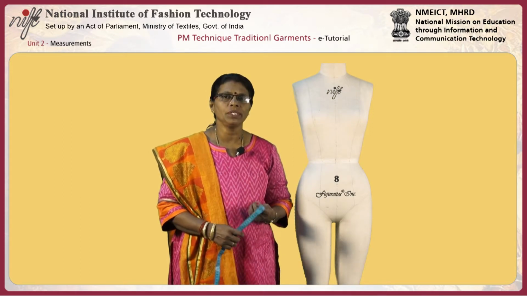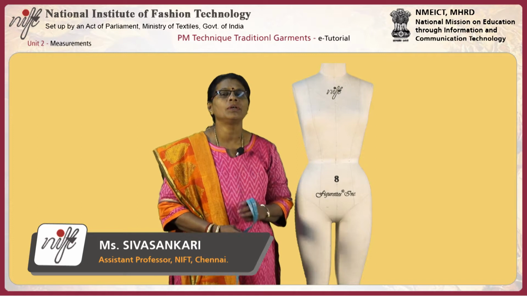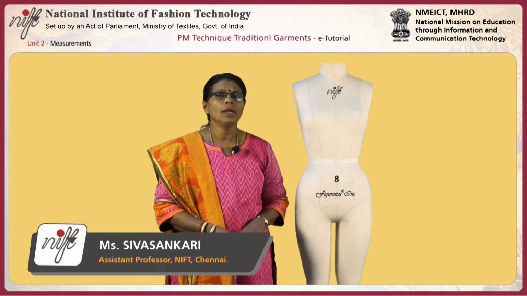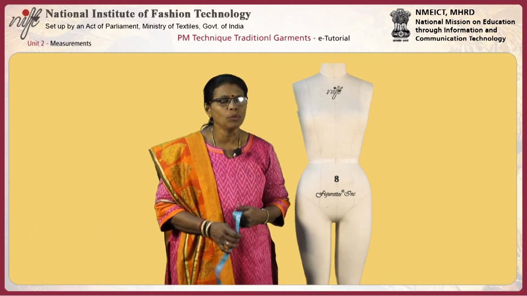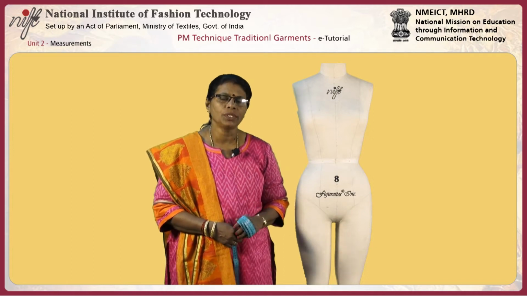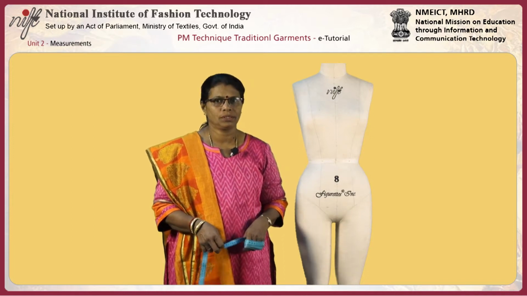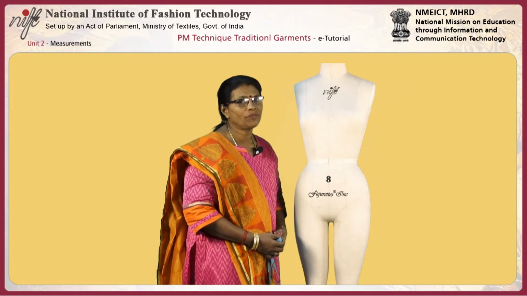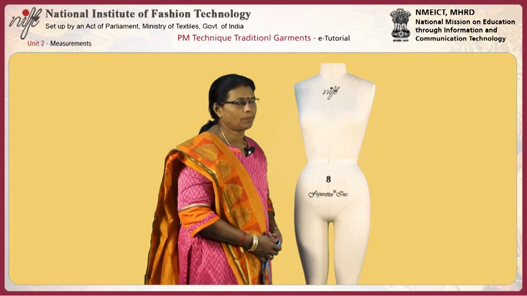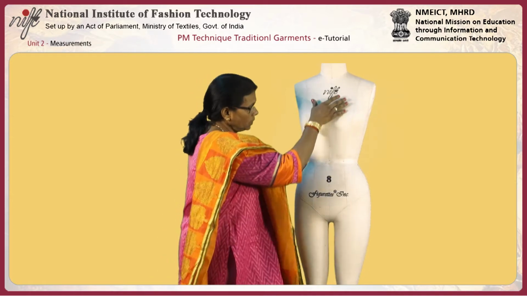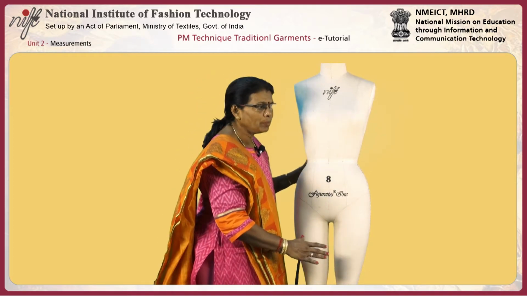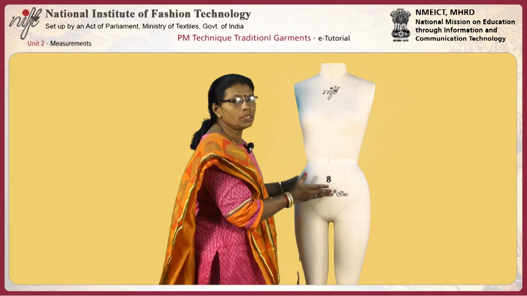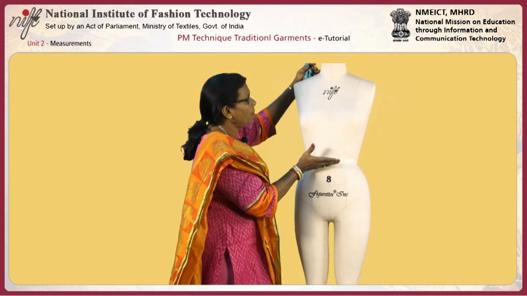is about the measurements. The measurements are very important for the garment making. Now we are going to understand about the body and body shapes to take measurements. Now we should understand about the body reference area and the shape of the body. So this is the woman's human body, and we are going to learn the measurements for the upper body and